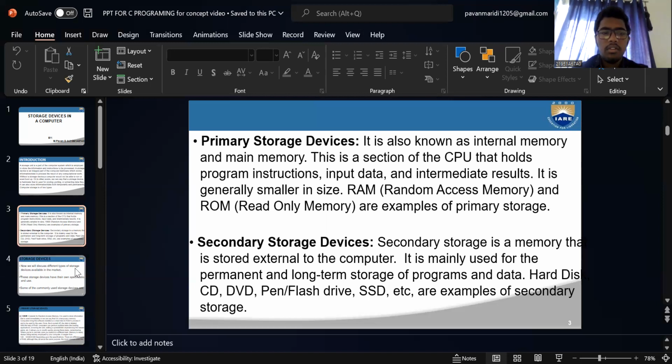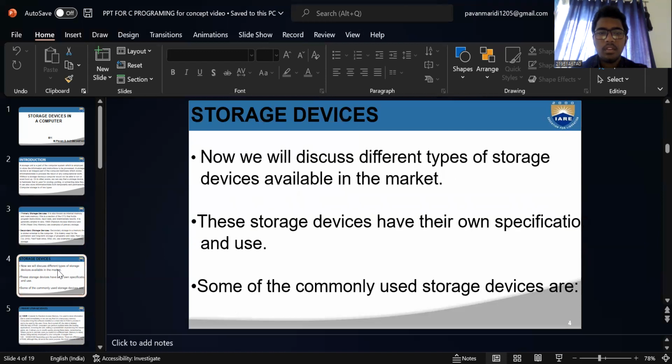Then we will see further storage devices. Now we will discuss different types of storage devices available in the market. These storage devices have their own specifications and uses. Some of the commonly used storage devices are: